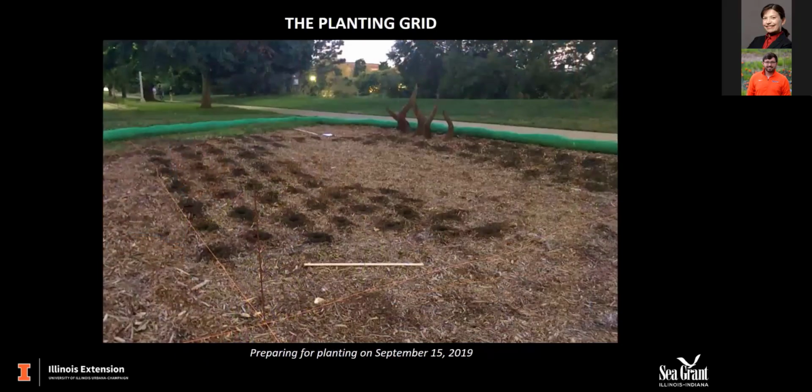The next slide focuses on the planting grid, and just to give a little extra information on how Layne really accomplished that. One of the key things that you see here, actually, Layne, maybe you could talk about it, but that's the yardstick. Yeah, so since this was such a large project that was reliant on volunteers to maintain it,